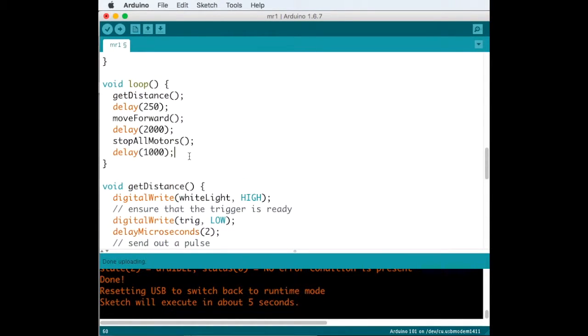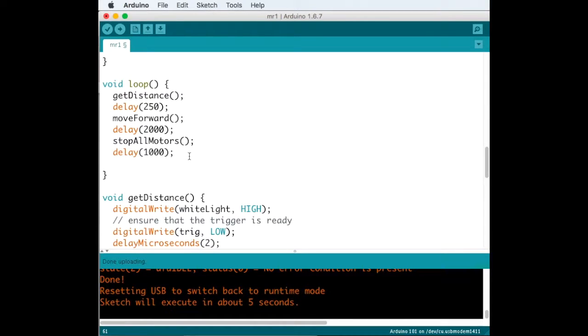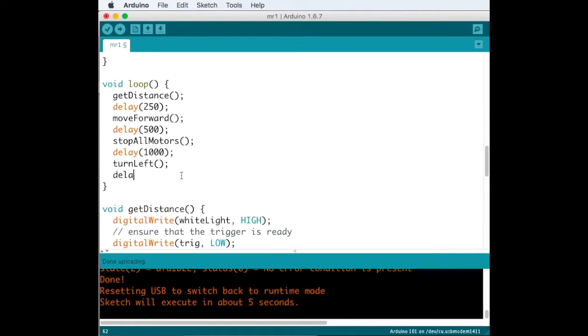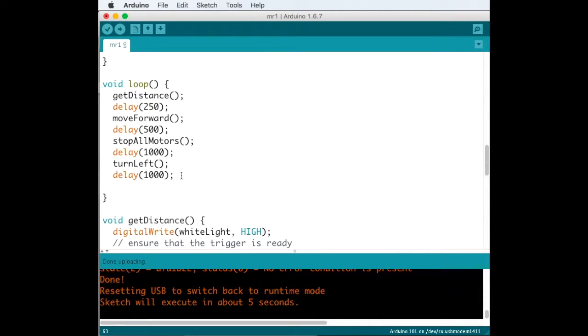Stop all motors, and I'm going to create a problem for myself here. So I'm stopping all motors, then I'm going to make this really short too, because I don't want my robot to run off the cliff. So I'll make it 500 milliseconds, and then I'm going to make the robot turn left, and I'll put a delay in of 1 second, so let's see how far it turns in 1 second, and I'm going to put turn right,